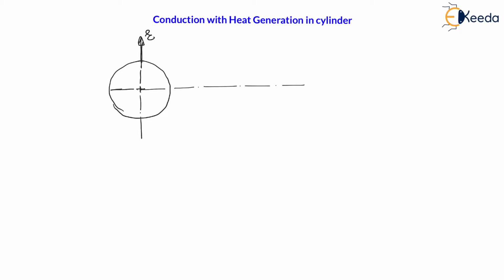Let us say this direction is radial direction r, right? And if I check this cylinder, let us say the length of the cylinder is l. So let us draw the length of the cylinder, right? If I draw the length here, the cylinder will look like this. Let us draw this properly, right? Here it has a circular cross section area like this, right?